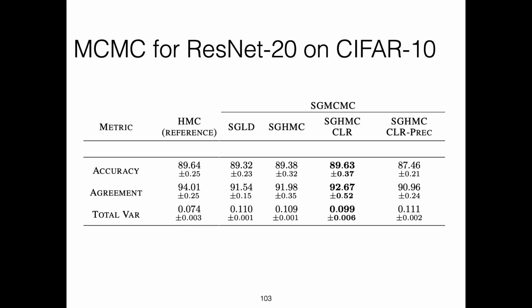Yeah, and then they have a few other variations. They tested the accuracy of these methods, just raw accuracy like we would compute it normally, but also, maybe more interesting, the agreement. So how do the predictions of these models agree with the HMC, the super expensive HMC run that they did? And they found that the model with the best agreement was this SGHMC with